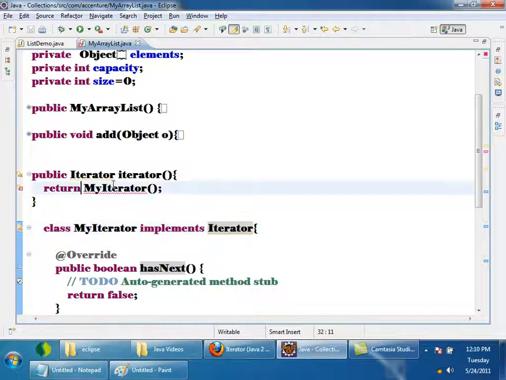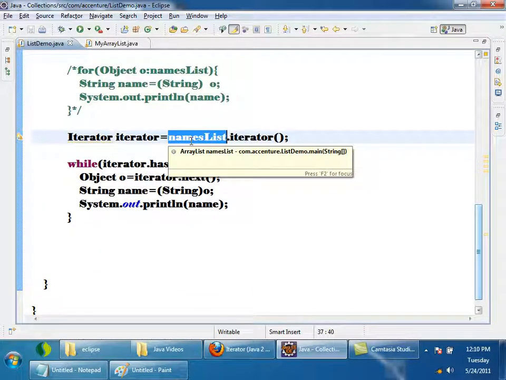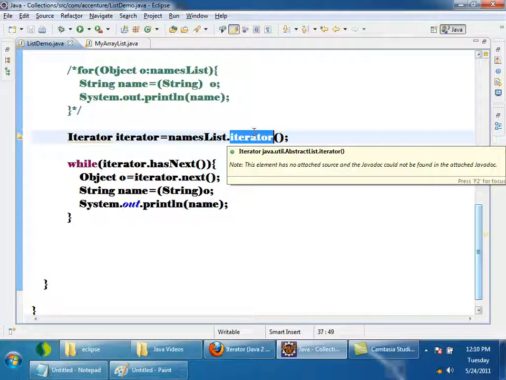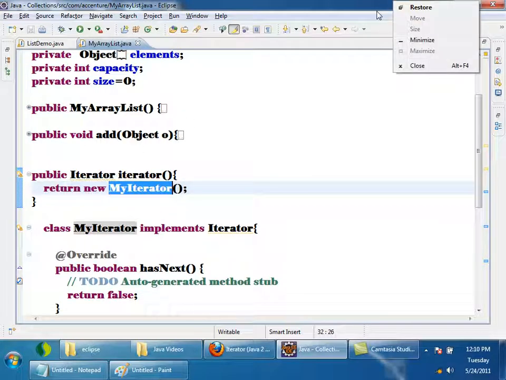Oh, sorry, new. So this iterator method is the method which I called: namesList, meaning ArrayList dot iterator, I called. It is returning an object of a class which is implementing Iterator. Here in the pseudo code I wrote it as MyIterator, just to explain the logic.